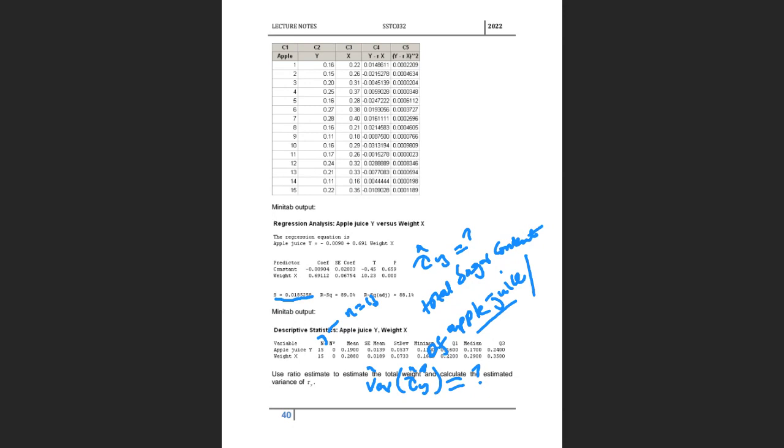So let's stop here, and then we are going to meet on Thursday, and then we are going to continue with this example, which is part of this